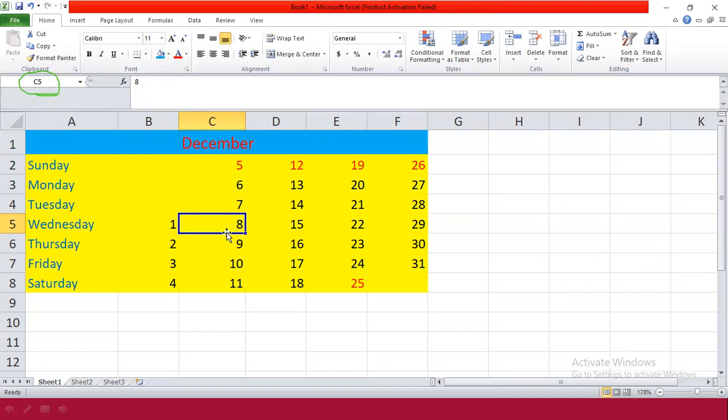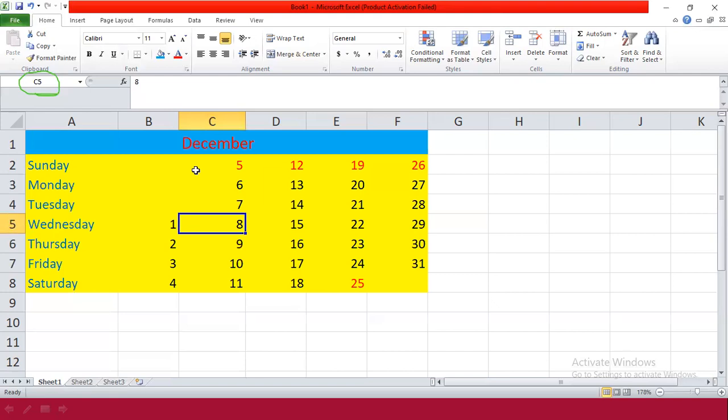So I hope it's very simple to enter the data and to edit the data. The process of editing data you understood. Now you have to pay attention to how we can move around the worksheet, which will help you to edit the data. So on page number 69, there is a table, a chart given. How can we move into the worksheet?